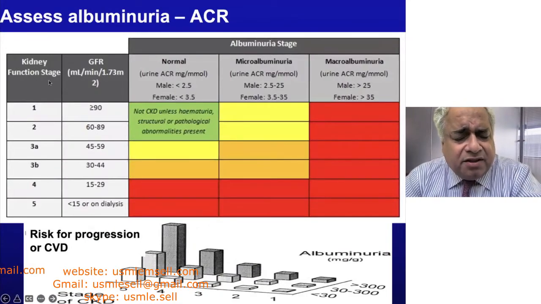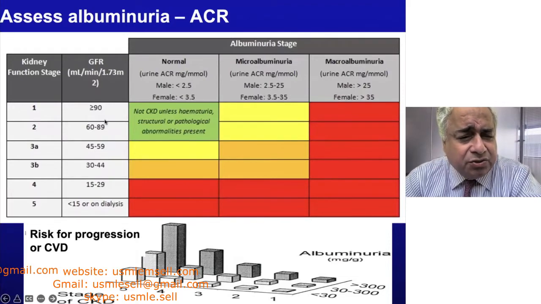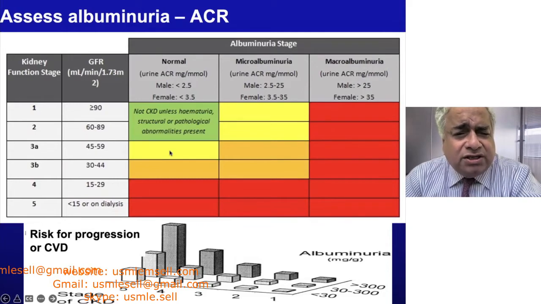This is the consensus guidelines on how you divide up kidney disease into stages with its associated GFR, and you've seen this. Stage 3 kidney disease is divided into 3A and 3B to subdivide out those with kidney function between 45 to 59 on GFR and 30 to 44. And so he probably falls somewhere in this range of 3A. And then you look to see, does he have albuminuria? And we'll come to that in a minute.